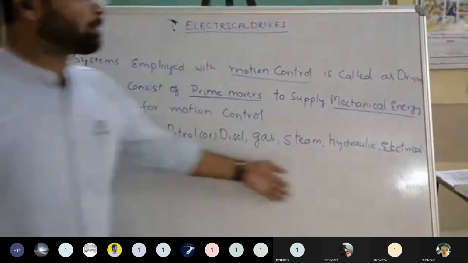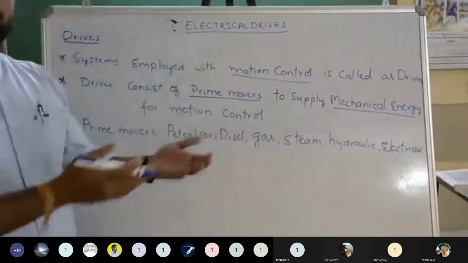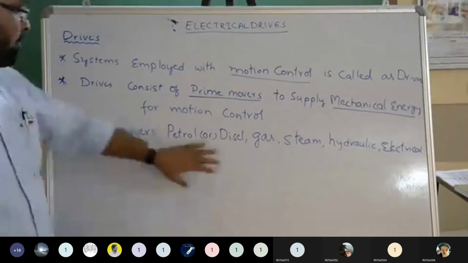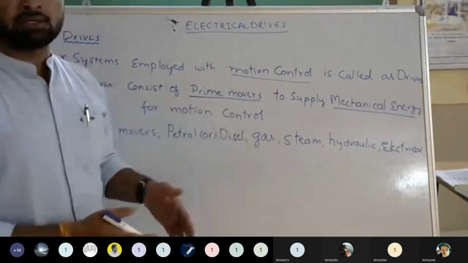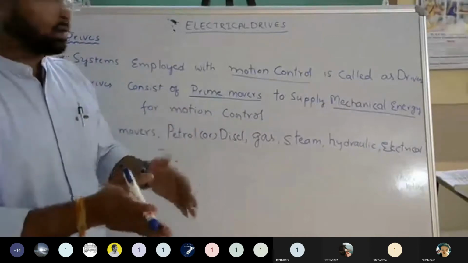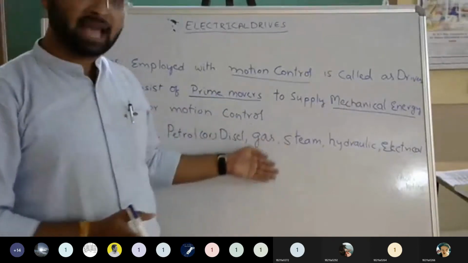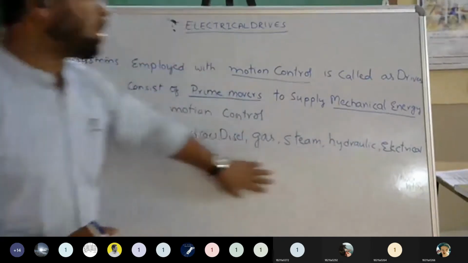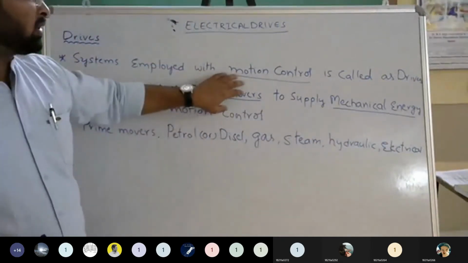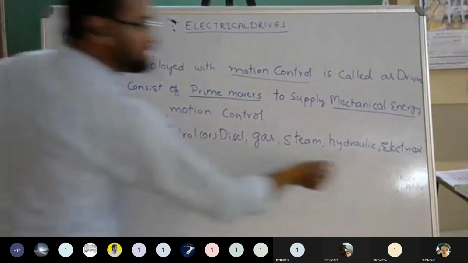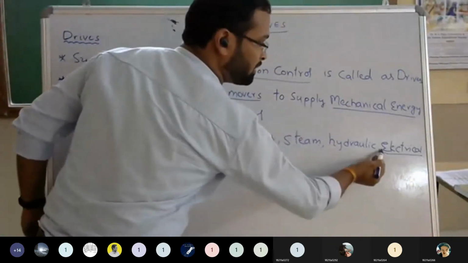These all are the prime movers which will give the mechanical energy. Motors means it will give the mechanical energy. Petrol and diesel engines are like in vehicles. How a vehicle is moving, that motion is controlled by how much fuel you are giving. So these petrol engines, diesel engines, gas engines, steam engines, hydraulic motors and electrical motors, these all are the prime movers. Now the drives which have the electrical motors,